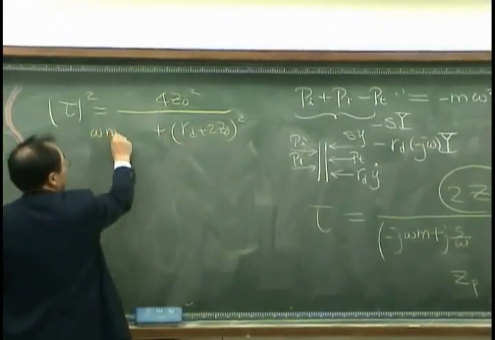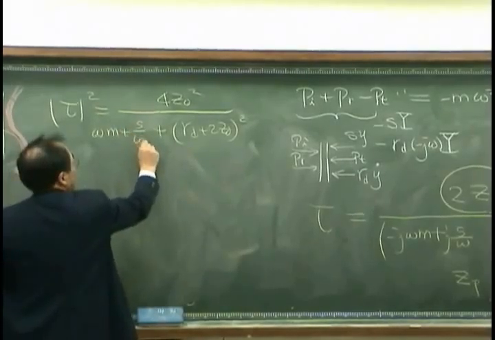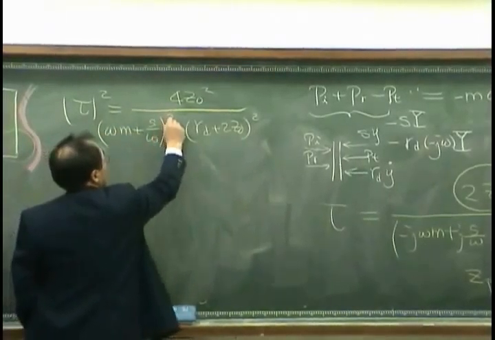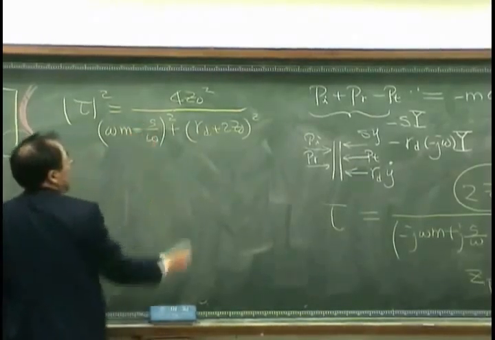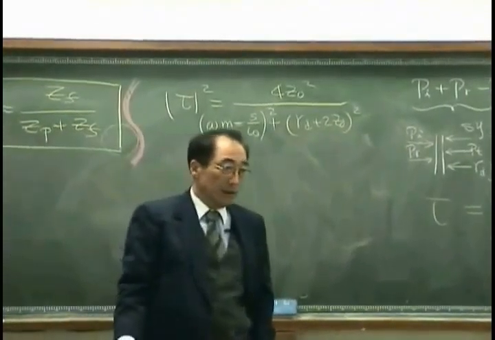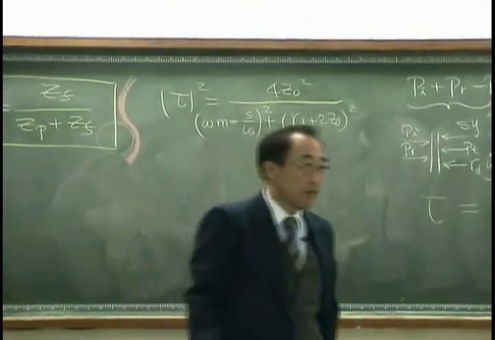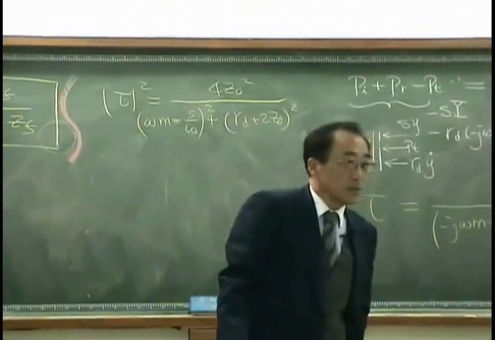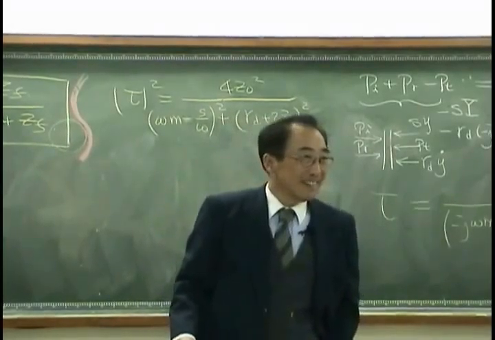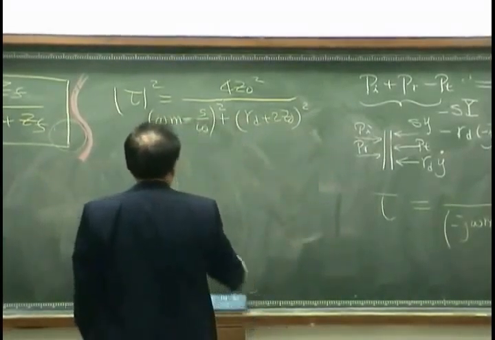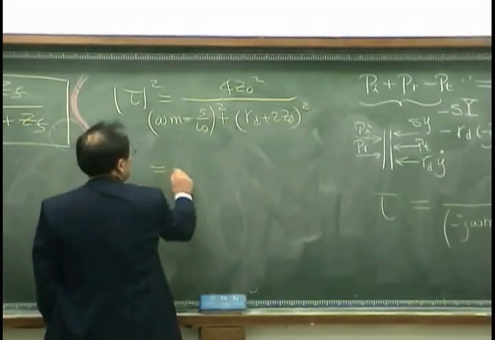omega m minus s over omega, square. So everybody agree? Okay. Let's use a democratic policy now. Okay, that is